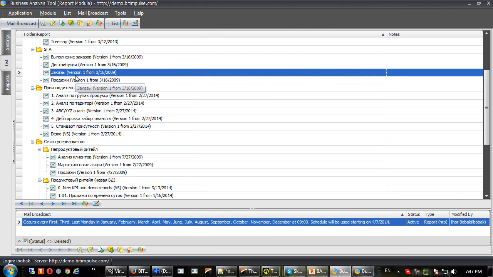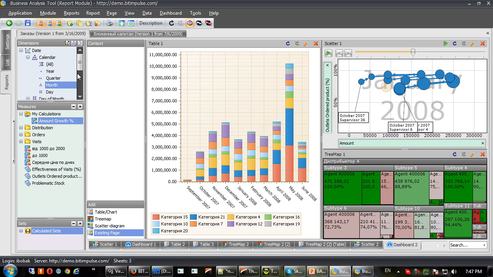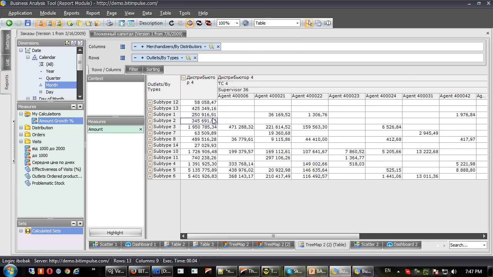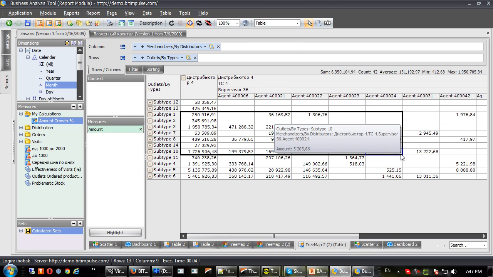Currently we have just demonstrated the report module. We have demonstrated the analytical capabilities of the report module, and as you may have noticed, we didn't wait a second when a report was generated. So this is the speed with which a BI system should work. When a user sets a request, the response should be received immediately without any delays. So the user can dig into data, find out the peculiarities, find out the problem, and then he can make a decision